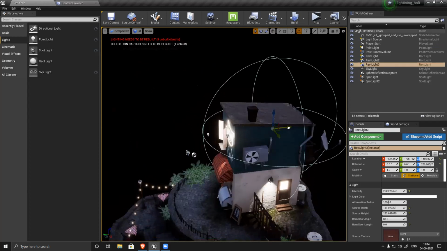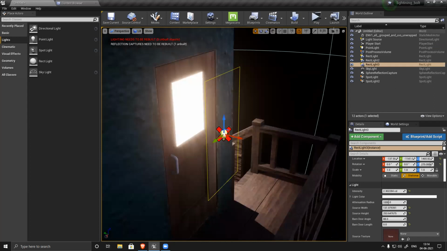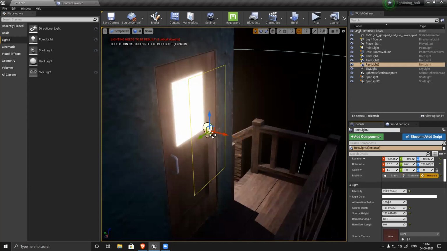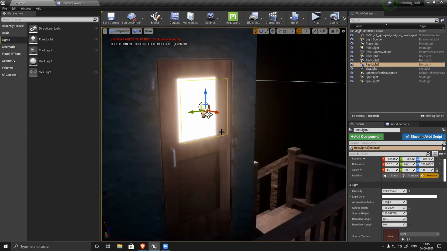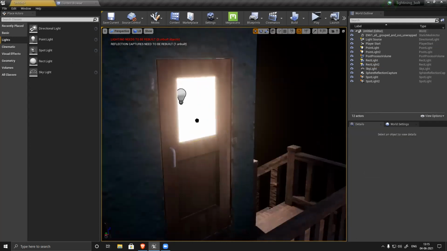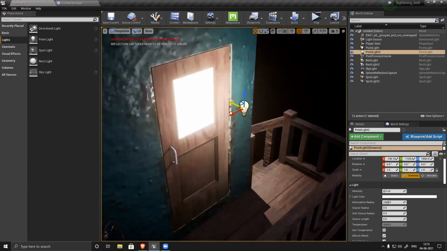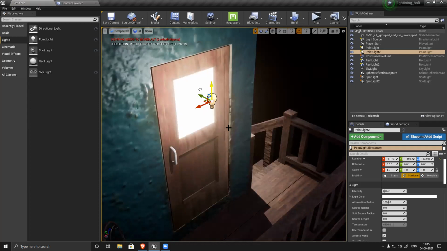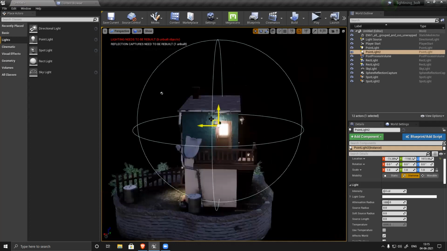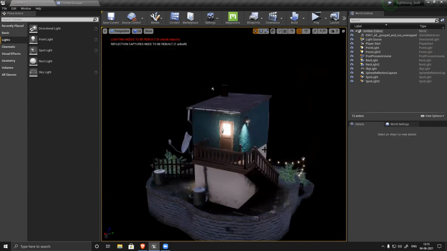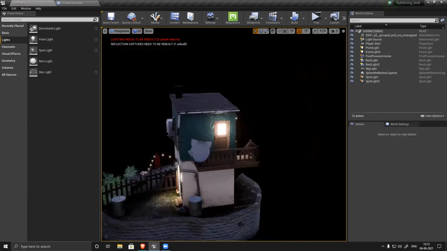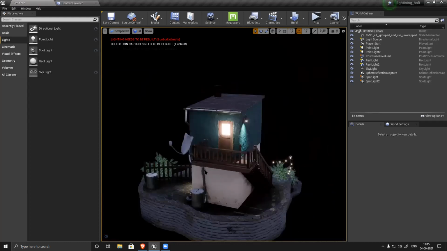Alt, move it this side, make it movable. I can place it here, or if I want, I can place a point light also. That should work perfectly. Just align it properly so it gets brighter. See, and press G so all the lights are not visible. Like you see, it's glowing. This area is glowing.